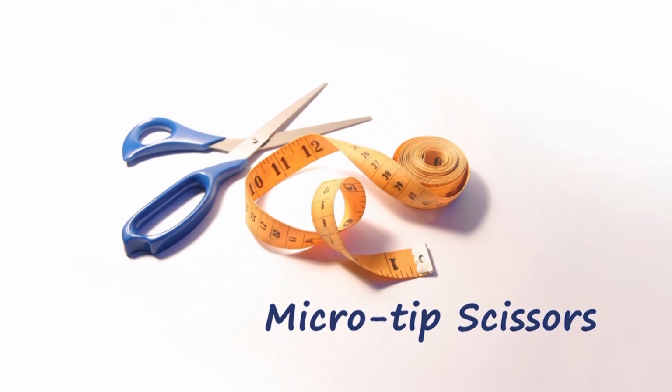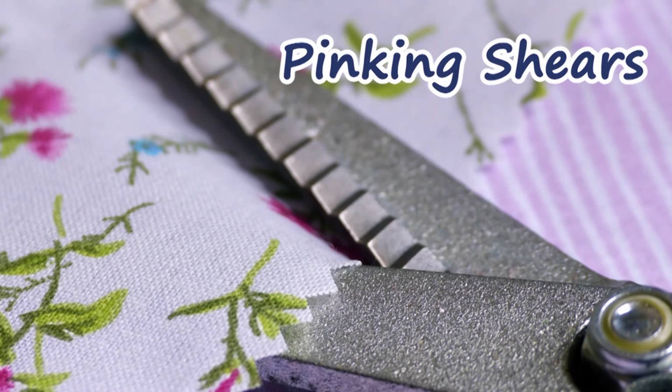Small scissors of 3 to 5 inch length are mostly used by the hand embroiderer to cut the thread, edge of the fabric, etc. Micro tip scissors. It is a sharp tip pointed small scissor mainly used to cut fine threads very near to the embroidery pattern. Pinking shears. These have blades which give a zigzag edge to the fabric. It is used to cut the fabric to prevent fabric edging from raveling.